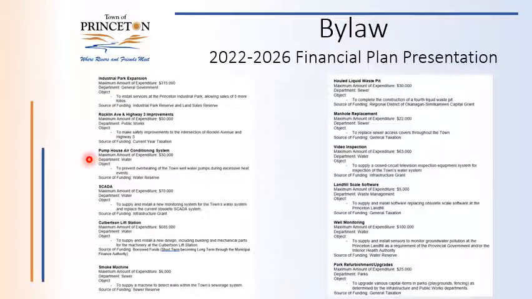Pump house air conditioning system. There are a couple of projects on this list that had to do with the heat dome that moved in 2021. We actually had situations where it was so hot that the pumps were beginning to overheat and fail, causing water shortage issues. As we all know, during that event, we had significant water restrictions, and we hope to mitigate those if there are any future events.